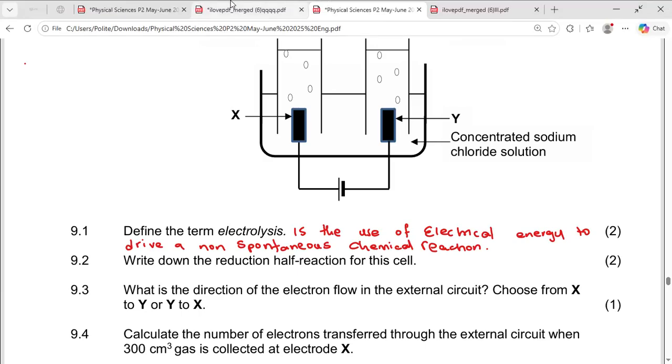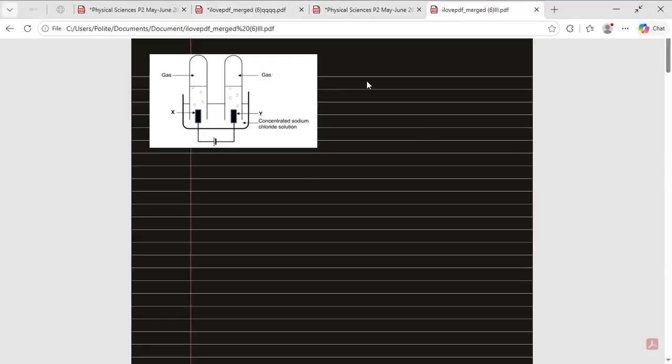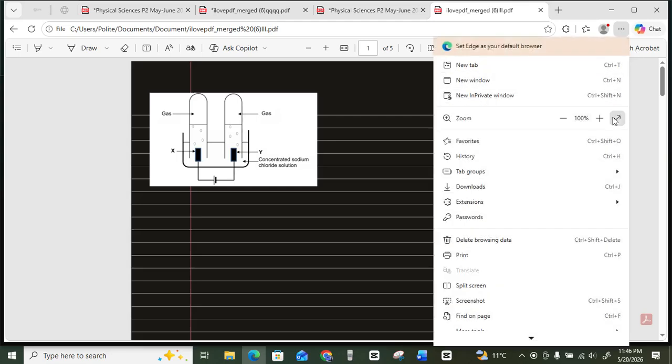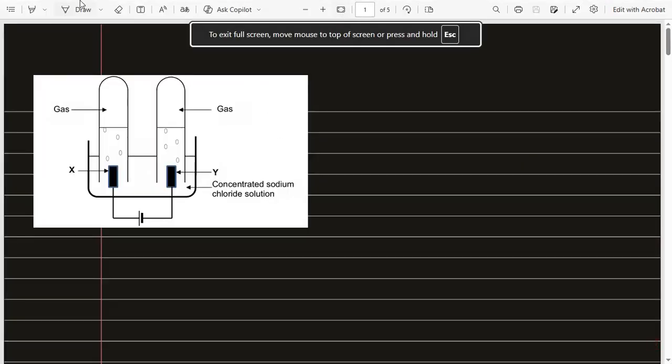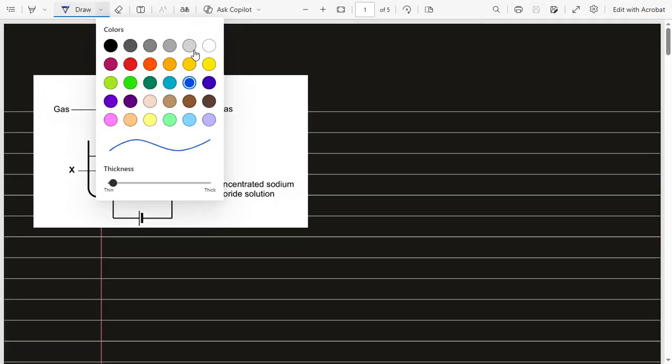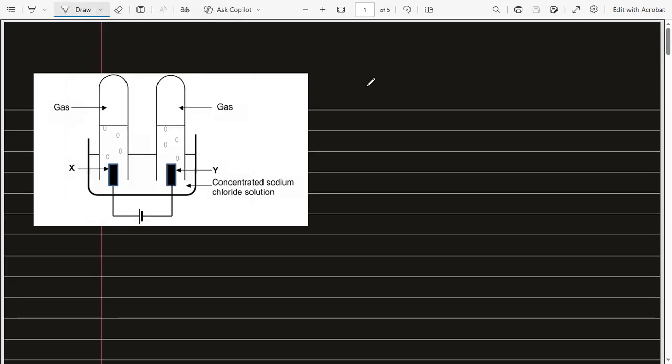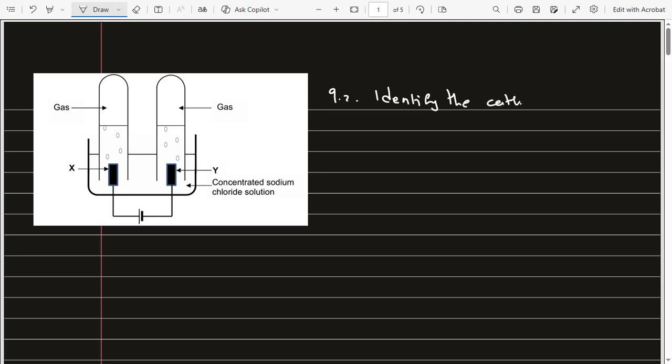They want us to write down the reduction half-reaction. First things first, to answer this 9.2, I need you to identify the cathode. Why the cathode? Because